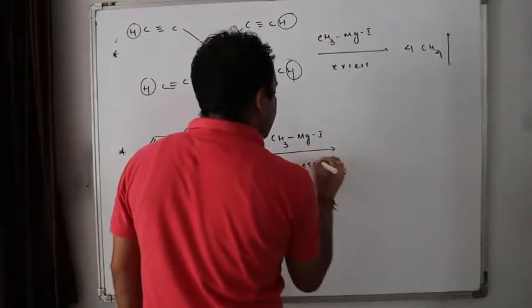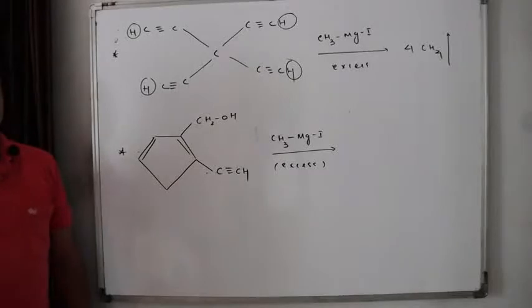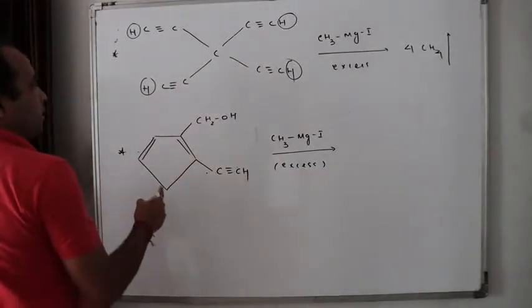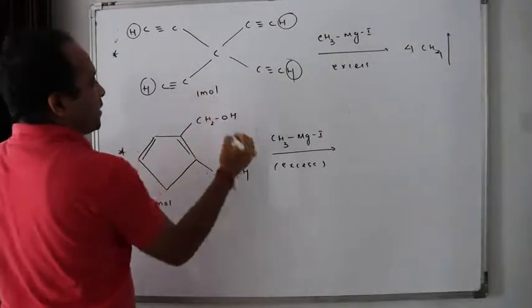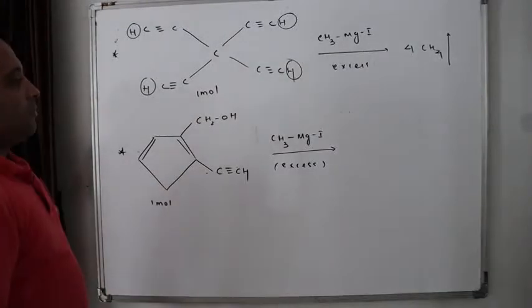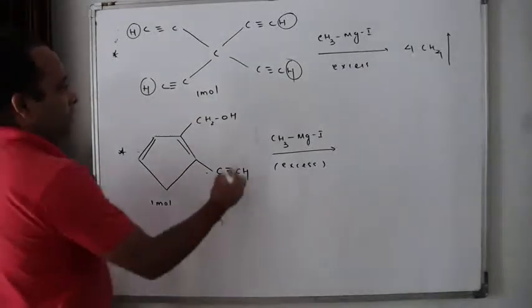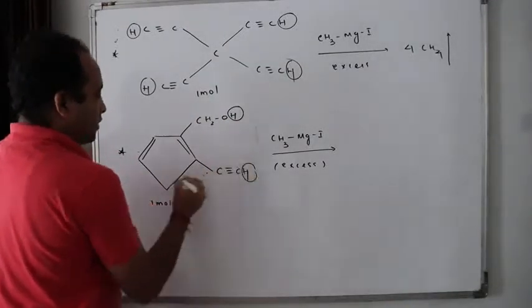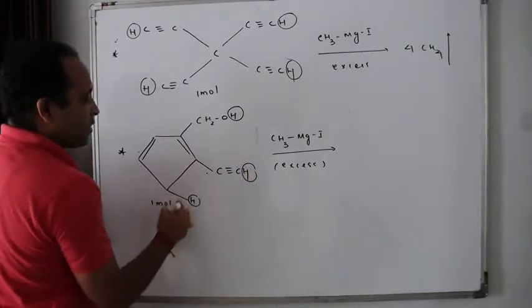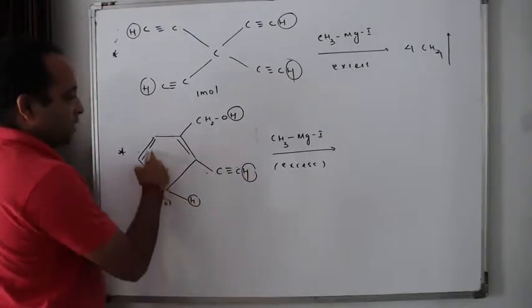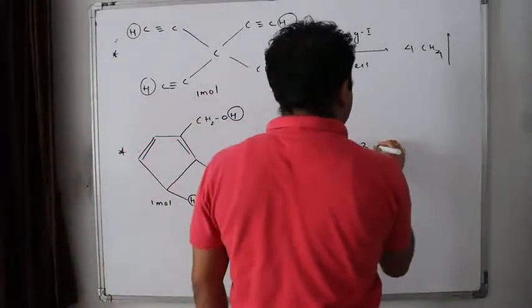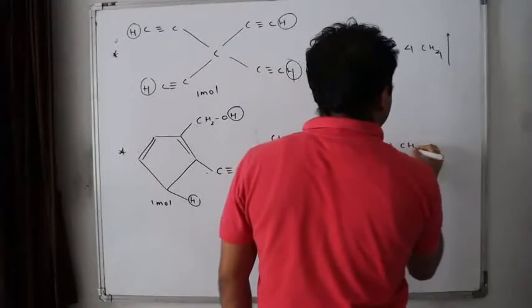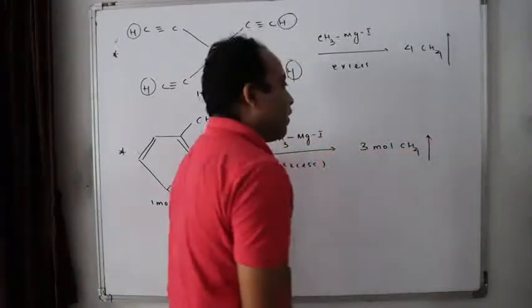Next, tell me how many methane molecules will be formed? How many moles? If I take one mole here, remember I have to take this as 1 mole, this as excess. How many methanes will be formed? This is active hydrogen, this is active hydrogen. Do you remember that this is also active hydrogen, because if H plus is removed, here there will be minus and an aromatic compound will be formed. Do you remember? So 3 moles of methane molecule will be formed.